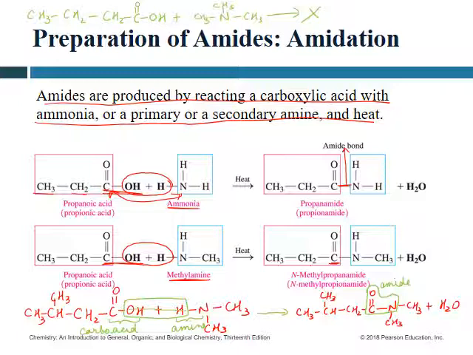Okay, so therefore it says here that this is produced by reaction between carboxylic acid with ammonia. Ammonia has three hydrogens. Primary amine has 2 hydrogens, and there is secondary amine. It does not react in presence of tertiary amine. Okay? In terms of naming. Yes, let's do the naming now. So how would you name this? When you name it, the IUPAC name would be,